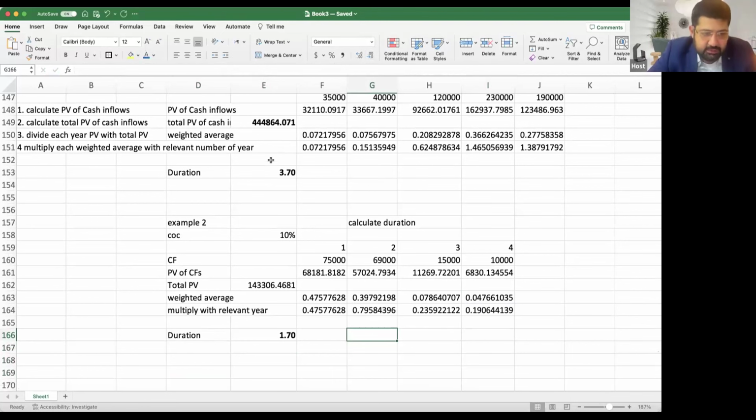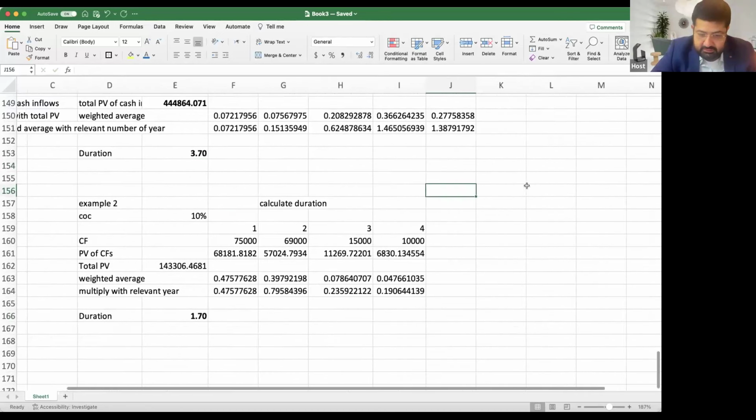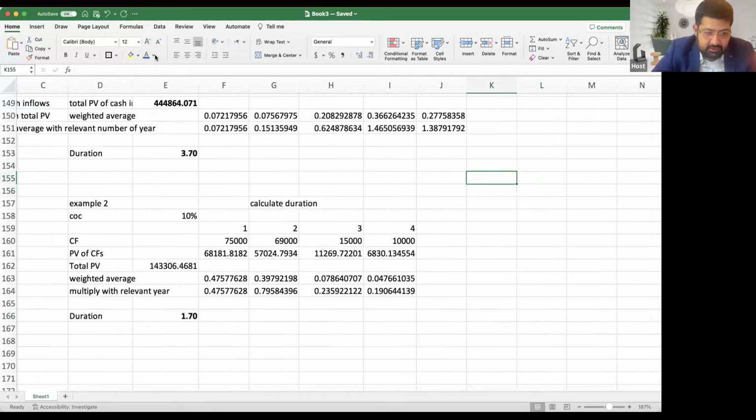How to interpret it? What does it mean? It is the weighted average time to recover present value of cash flows. Now, you see here, listen. If duration of a project is less than half of project's life,